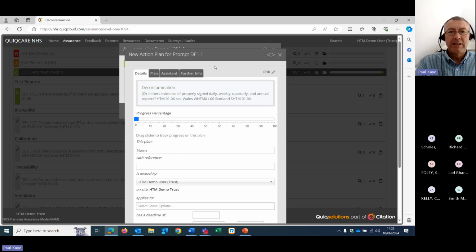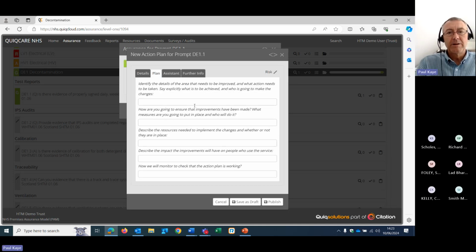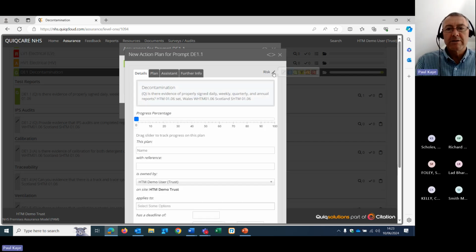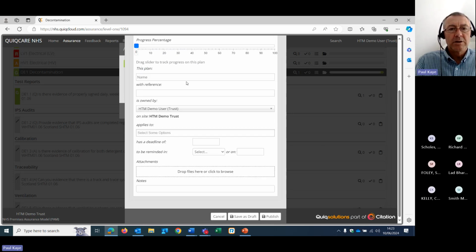So the action plan template follows something called SMART: specific, measurable, achievable, realistic, and time-driven. So we need to update our reporting. You can put as much information in these fields as you wish. You can risk rate the action plan. Say it's relatively high risk, we'll make it amber. You can